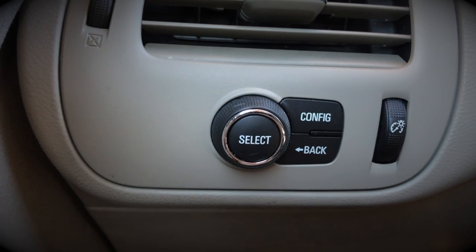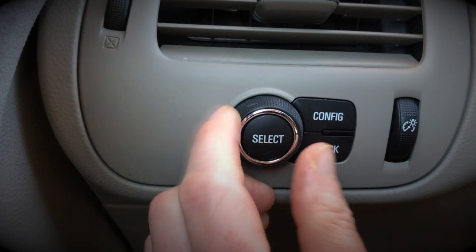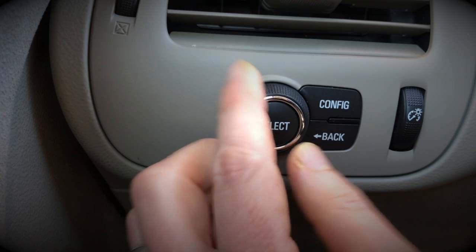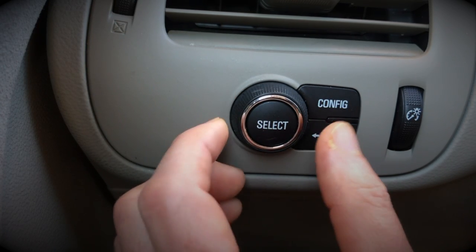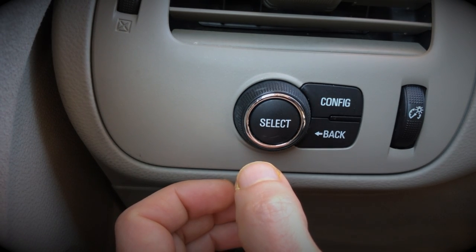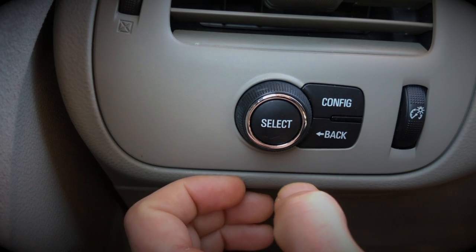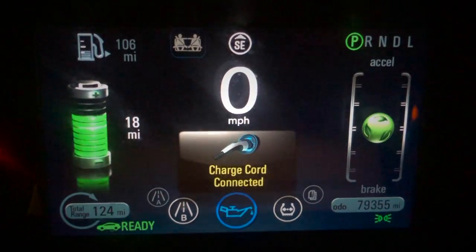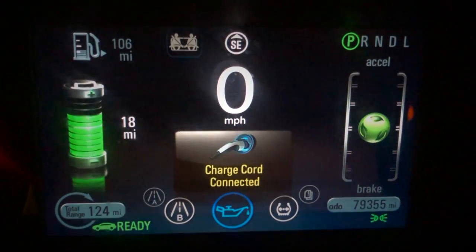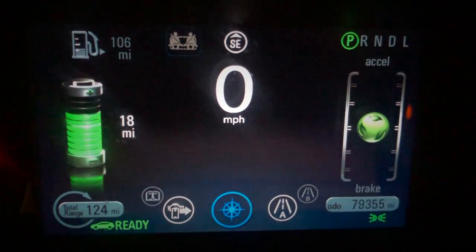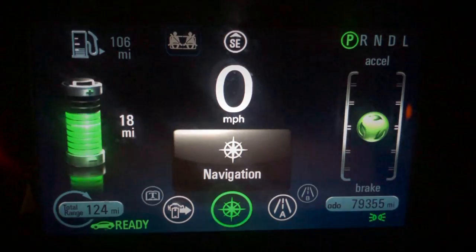So over on the left of the steering wheel is the selector for the navigation in the gauge cluster. You use the dial to make your choice to navigate around, and then use the select button to actually choose an option. And then you have the back button to get out of that. So just to show some of the options that are available down here at the bottom, gauge cluster, got navigation,